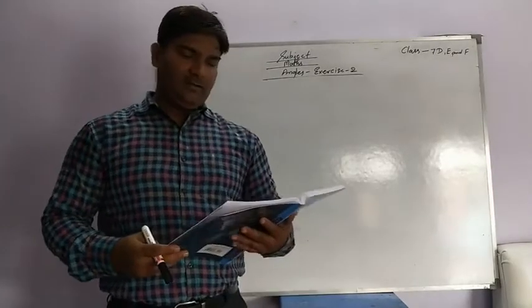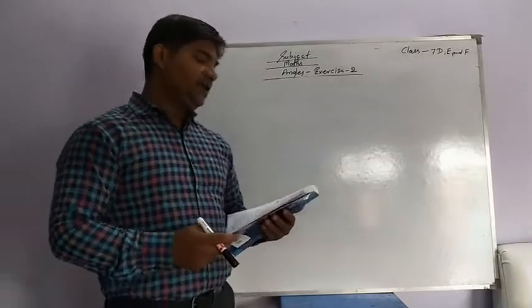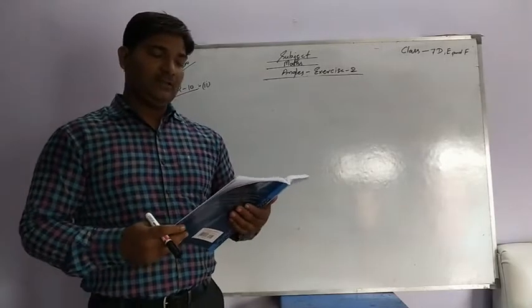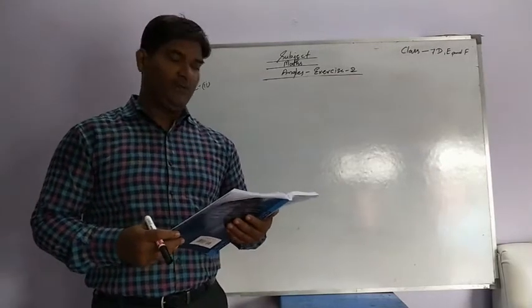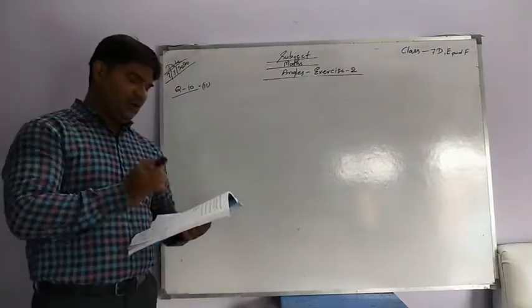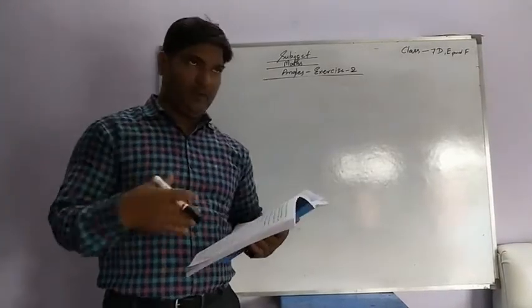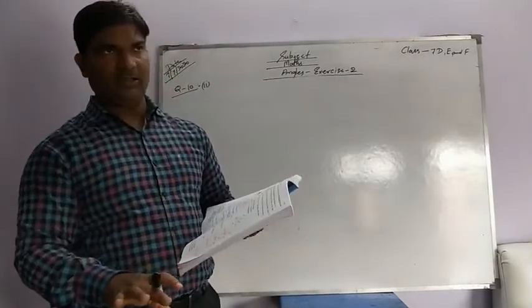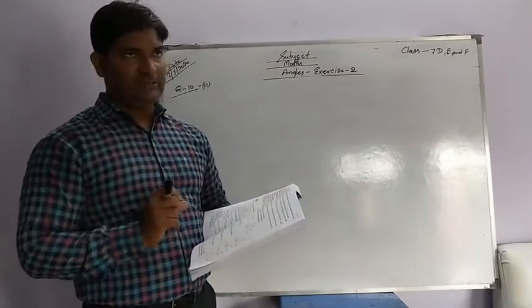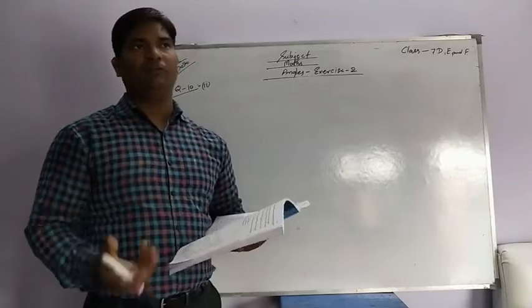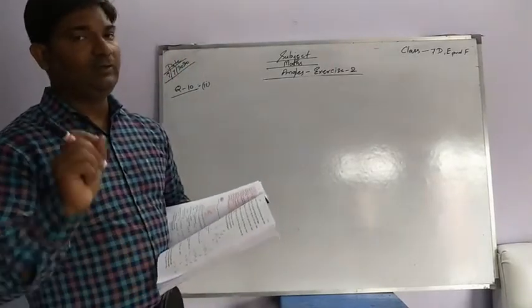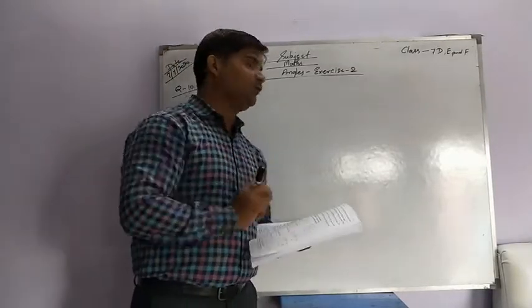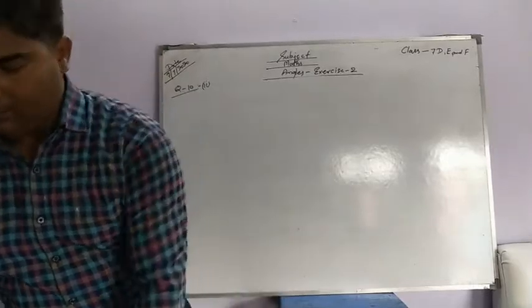Now question number 10, the second part of this question. Two angles are complementary angles. The larger one is 50 degree less than 3 times the smaller one. Then find the angles. Okay, so here the larger angle depends on the smaller one. Then what we do, suppose the smaller angle be x, and after that we find the larger angle and find the relation. The relation is that both angles are complementary angles. By definition, if the sum of two angles is equal to 90 degree, then both angles are said to be complementary angles.